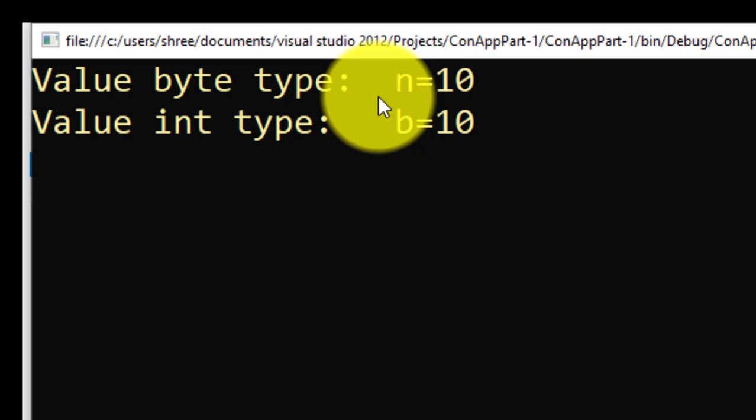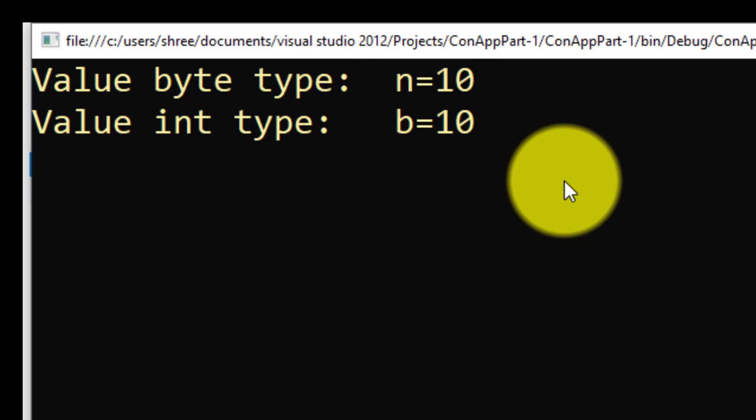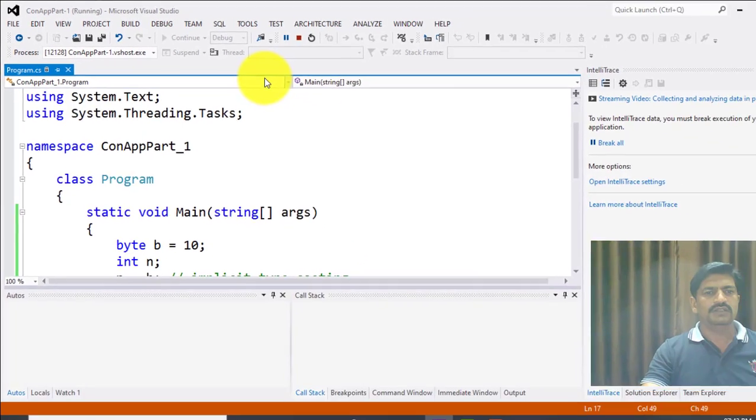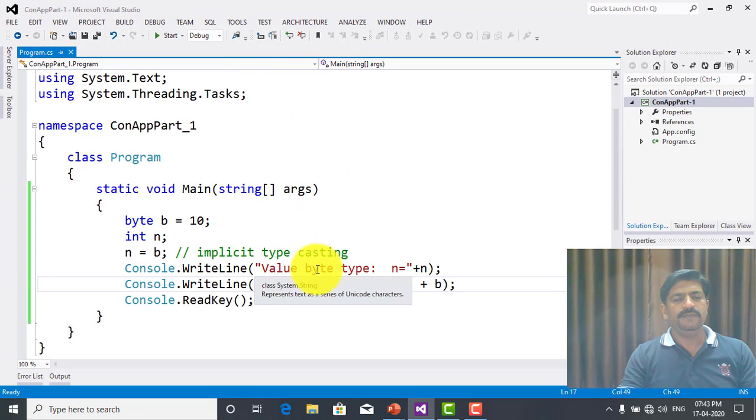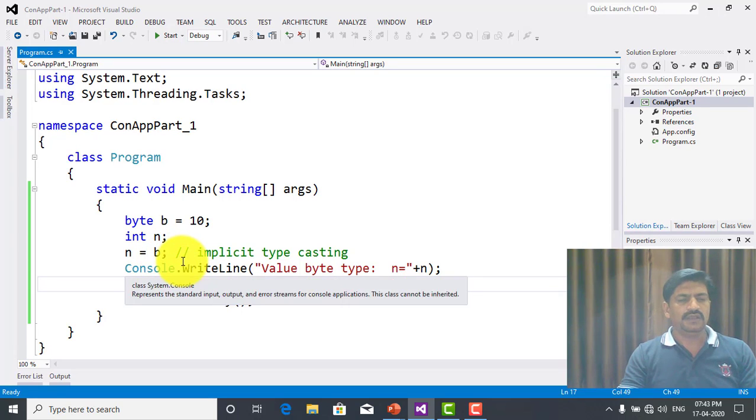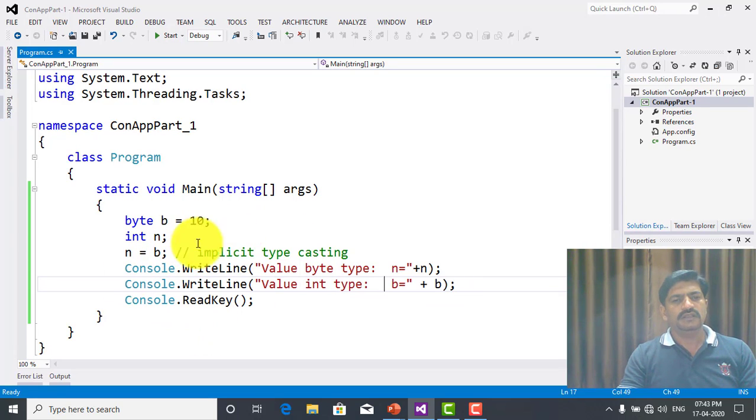Here the value of the byte type variable, that is B, is 10 and the value of the integer type variable, that is N, is 10. So this is called implicit typecasting. There is no need of explicit typecasting. This implicit typecasting is controlled by the CLR, that is Common Language Runtime, only. So next, see